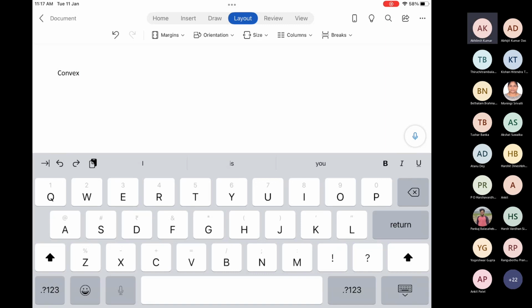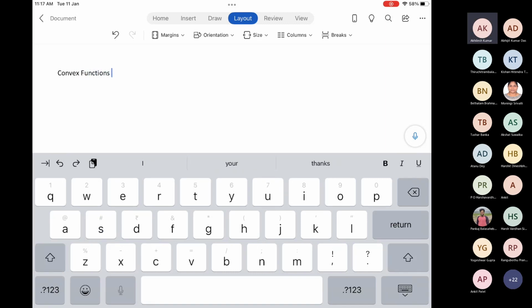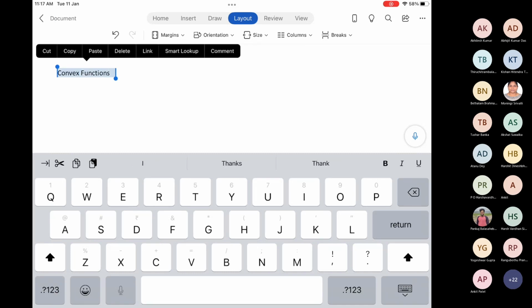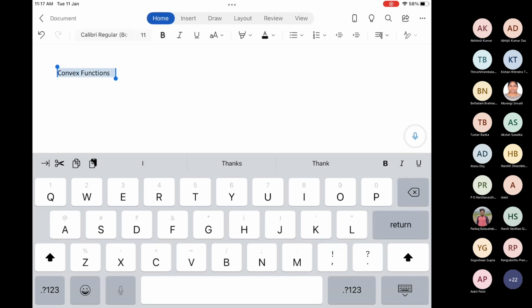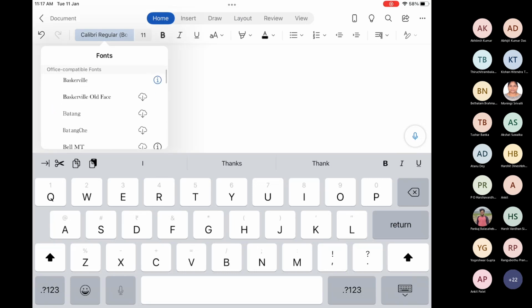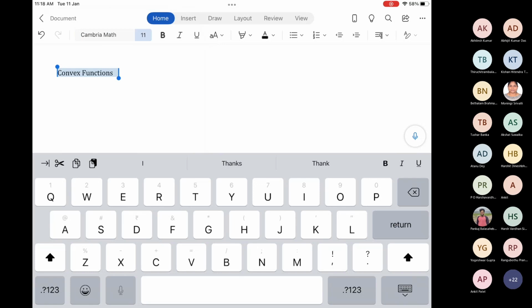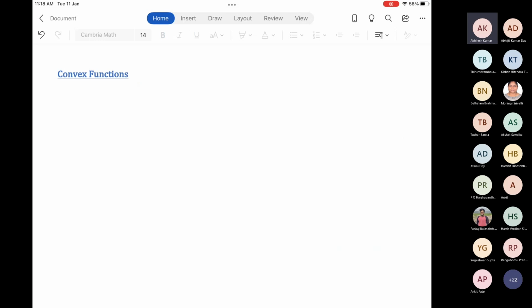Okay, next topic we'll start is convex functions. So the next topic we are starting now is, we have understood convex sets, and now we'll look at convex functions. So convex function by definition: